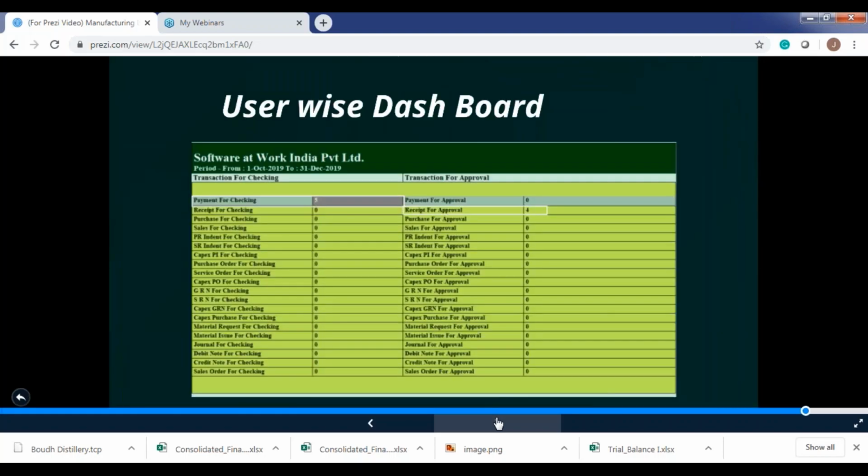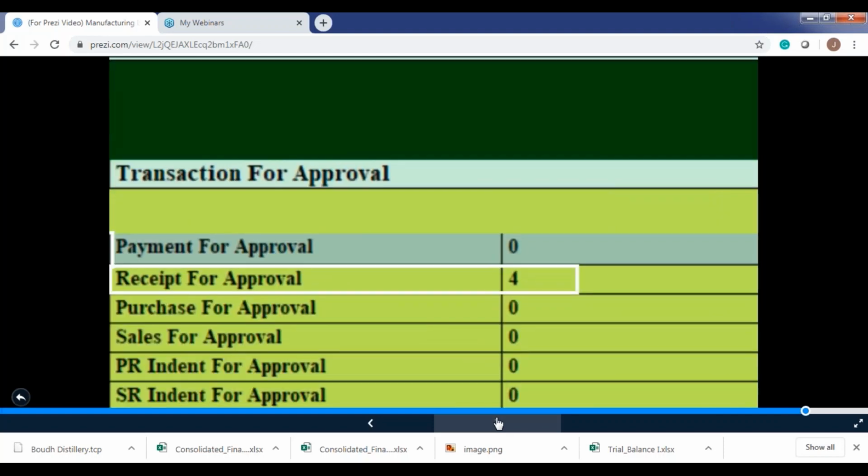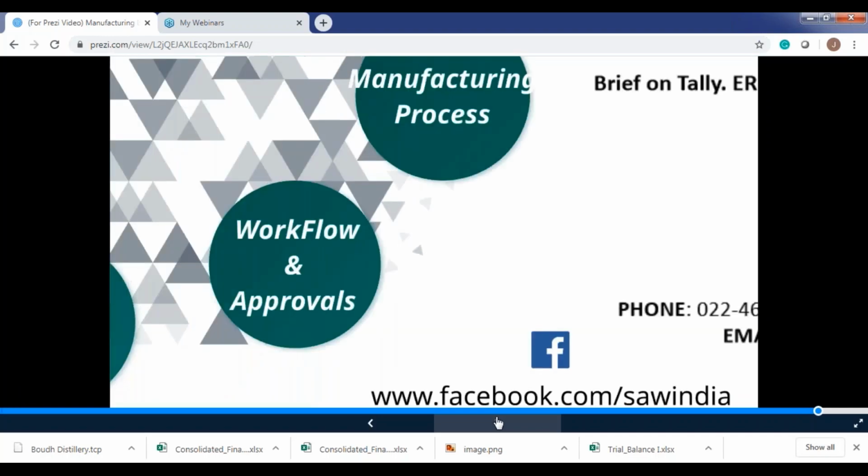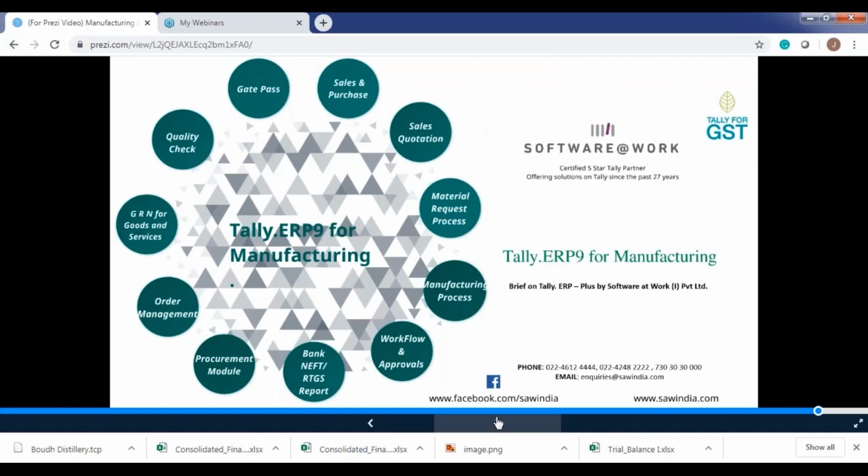Once you do the check, it will go to the approval dashboard. Okay, so you can see here, once the approval user logs in, he will see what entries are to be approved. So this is how we have provided the workflow and the approval mechanisms which have been built into this complete